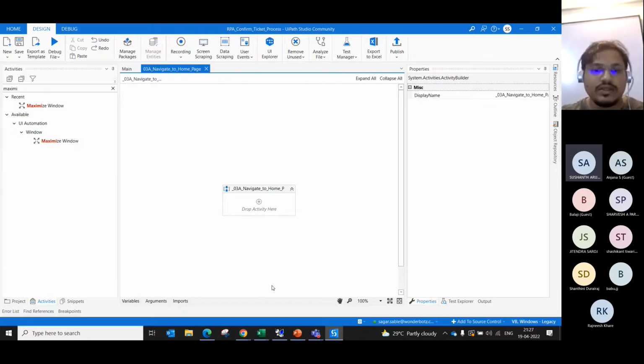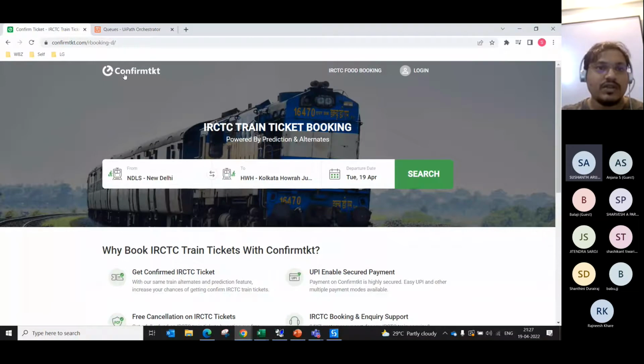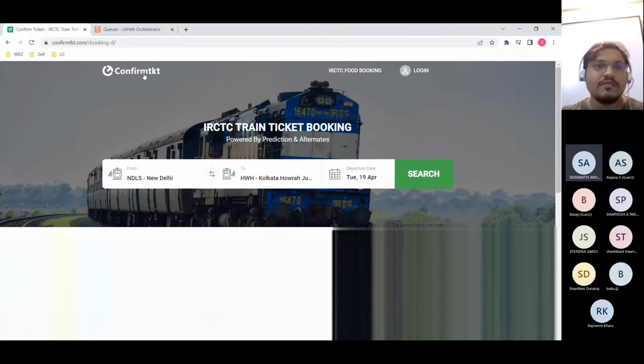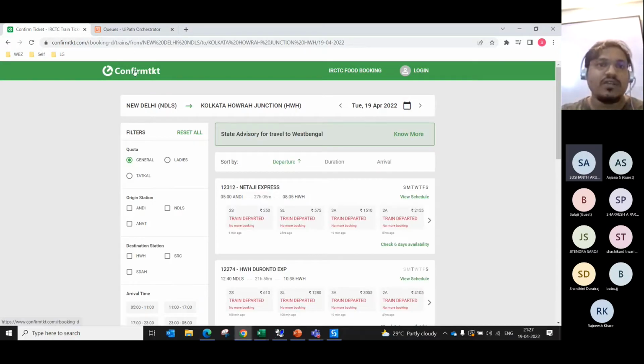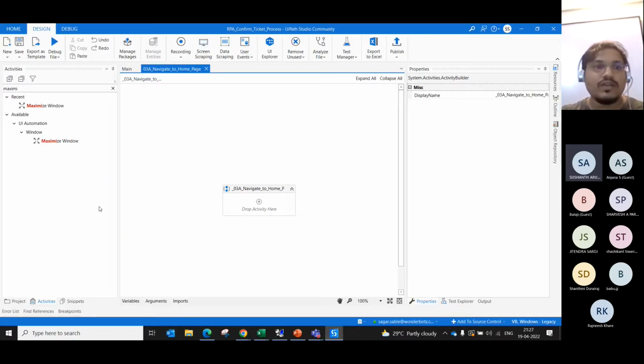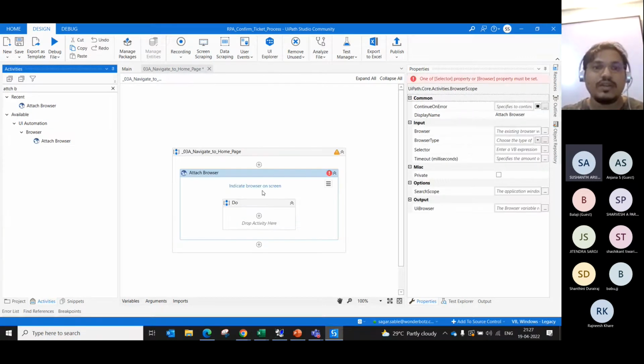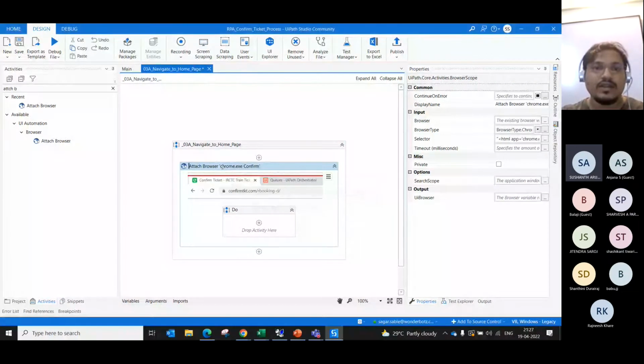Now here what I will do is I have already open browser. So this is my browser and navigating to home page. So I'll be clicking on, let's say, this confirmticket.com logo. So even if I am in the search page, if I click on confirmticket.com, it will take me back to the home page. So what I will do is, first of all, I will use attach browser because my browser is already open and I will indicate the browser and I will say attach browser